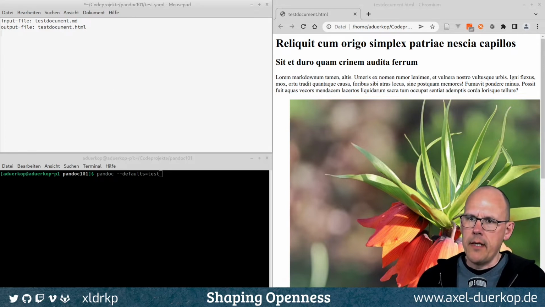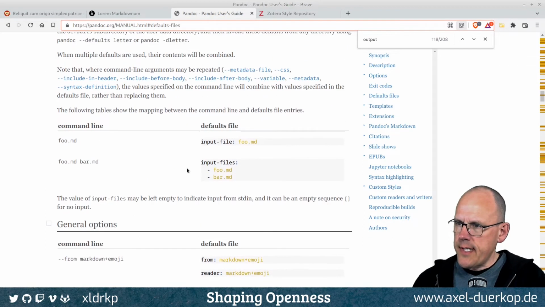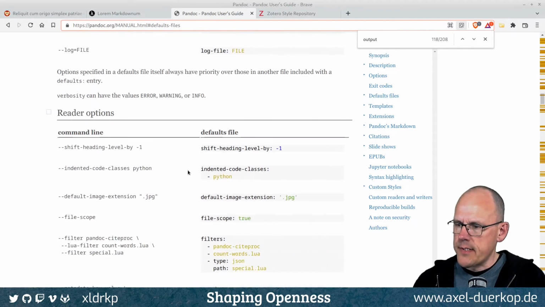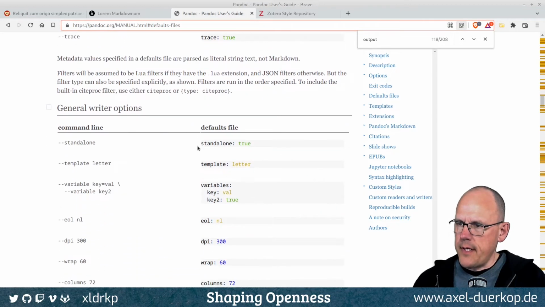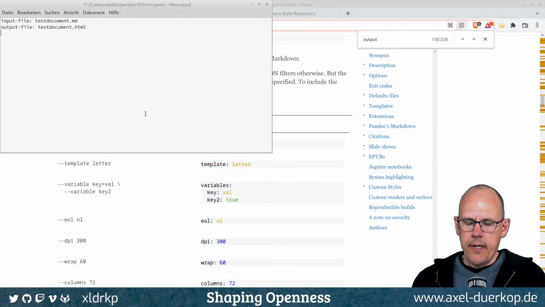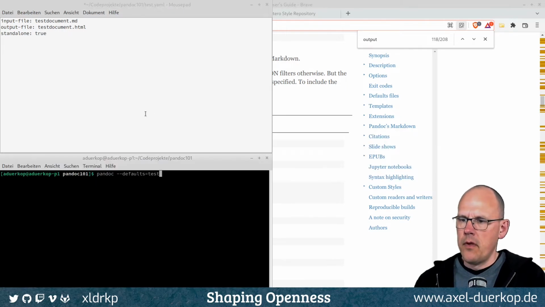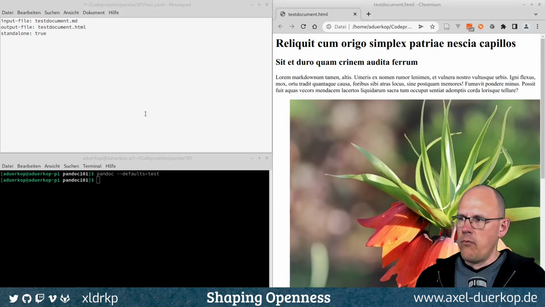So and now let's see, where do we have the option to generate a standalone file? Let's see where that is. So not so fast. There it is. So instead of this option on the command line, you go with standalone true in the configuration file. So let's do this. Standalone true, save it, go again with the conversion, refresh,